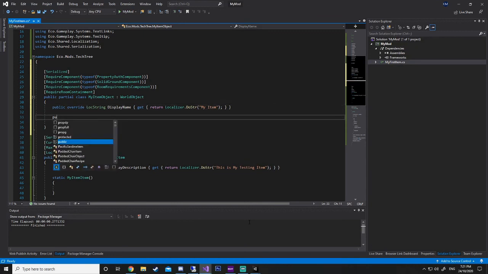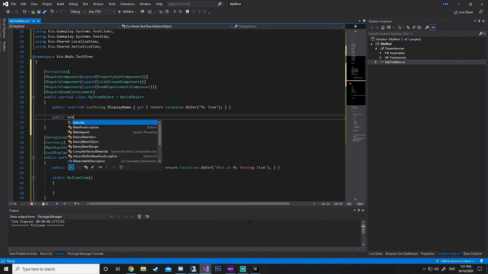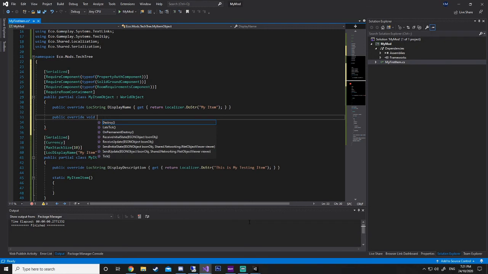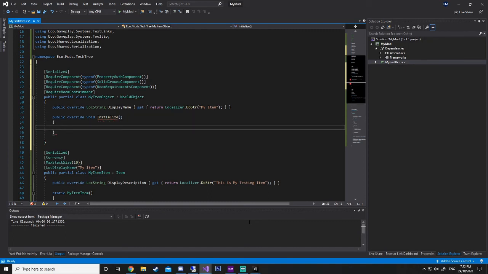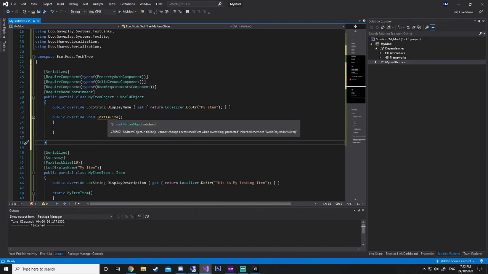So next we're going to add another override, and that is initialize. So this is the initialized state.